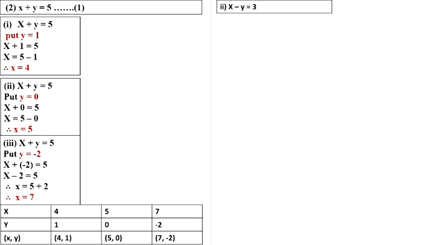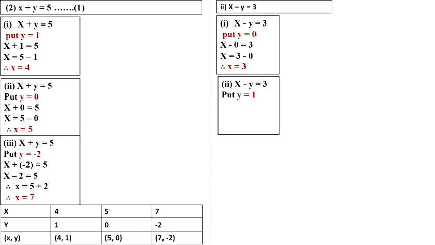Now we will solve the second equation of the question number 2. x minus y equal to 3. Here y equal to 0 we will take. So students, here what happened? You have to take the values between positive 5 to negative 5. You can take 0, minus 1, minus 2, it depends on you. So now we are taking y equal to 0. So x minus 0 equal to 3. Therefore x value became 3 minus 0 is 3.